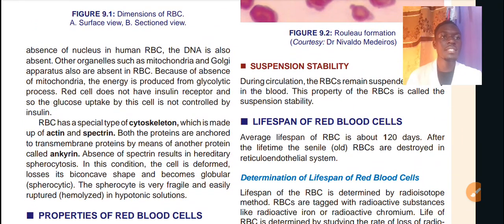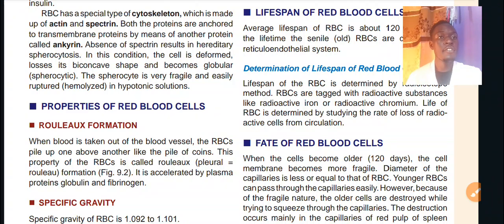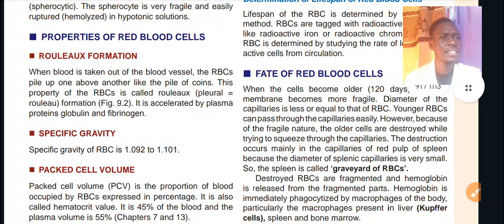We also have suspension stability, and this one is all about the uniform suspension of red blood cells when they're in plasma. Now, the lifespan of red blood cells is only about 120 days, and this was determined by scientists by using radioactive substances like chromium and iron, which were injected in the red blood cells, and these red blood cells that were tagged were later studied in saturation, and after 120 days they realized that almost all of them were gone. Therefore, we expect a red blood cell to become older by 120 days, and the cell